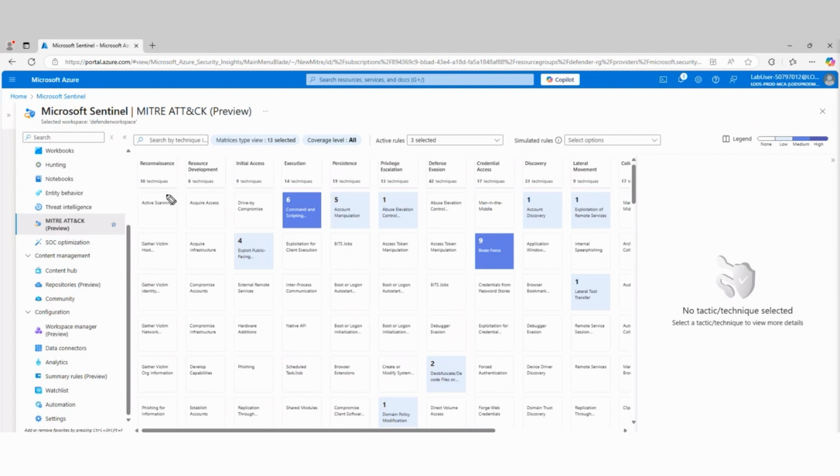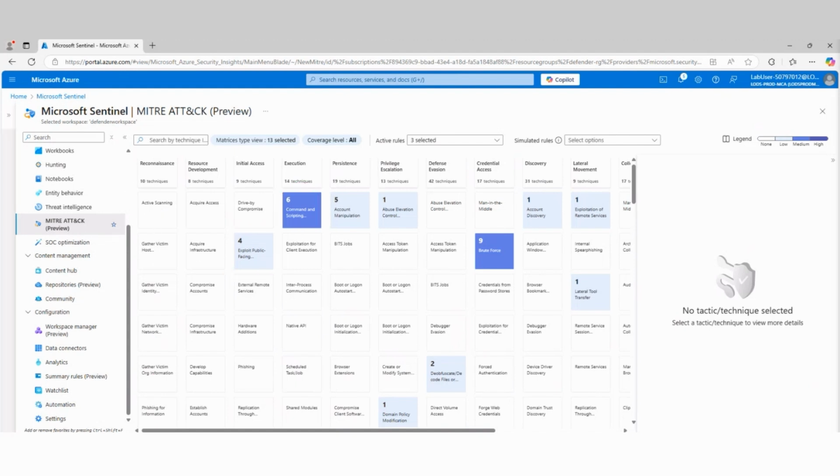And what this does is, I'll explain to you how this is broken out. For reconnaissance, there are 10 different ways that threat actors can initiate a reconnaissance attack. They're listed here. If you notice, none of these boxes are highlighted or filled in any way, unlike this one here and this one here and so forth. This is a very useful tool.